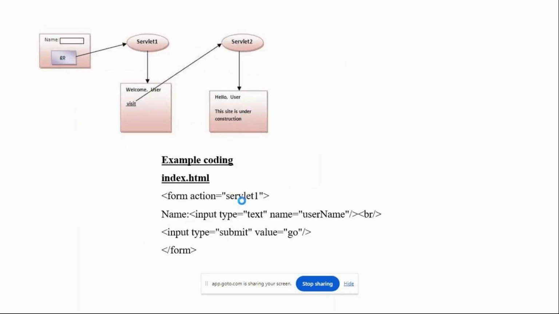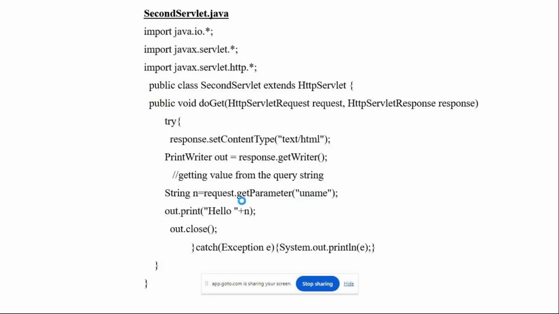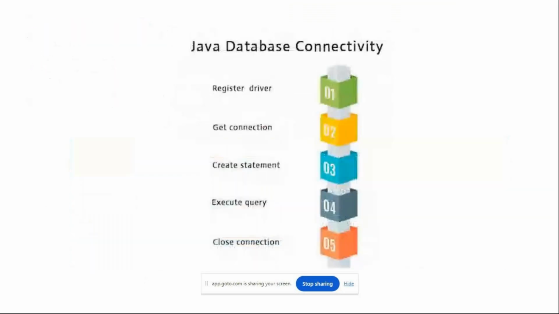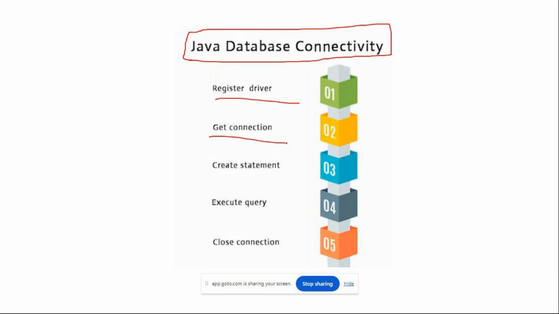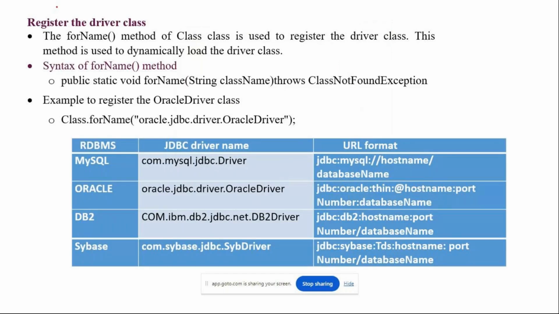Then we'll directly go to Java JDBC. JDBC stands for Java Database Connectivity. You have 5 steps in connecting Java code to a database. One is register the driver. Second is get connection, then create statement, execute query, close connection. When you register the driver, you have to use the method called forName. So the syntax is Class.forName,